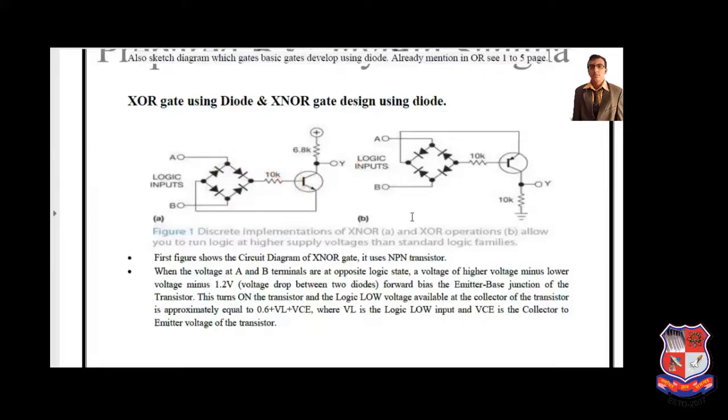Similarly, you will be able to understand XOR gate with the help of PNP transistor. So basically 4 diodes are required to design XOR gate. 4 diodes are required to design XNOR gate. So it is the correct explanation of logic gate. Integrated circuits like IC 7400 is known as NOT gate. 7432 is known as OR gate. Similar type of numbers I will discuss in lecture number 2, which is known as logic family.